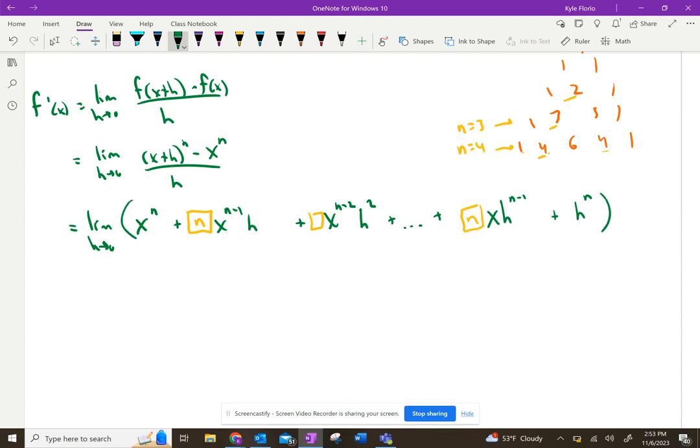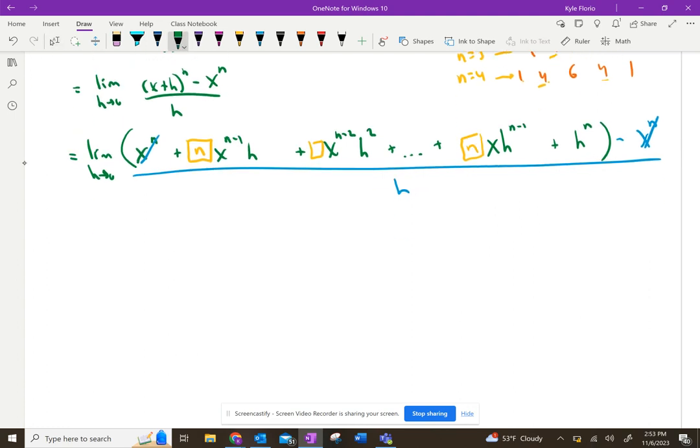So this is (x plus h) to the n, and then I have this minus x to the n, all over h. Now, just like I said, this x to the n and this x to the n are going to cancel out. And then every term left is going to have an h in there. They're going to have a couple factors of h. So once I factor out that h,